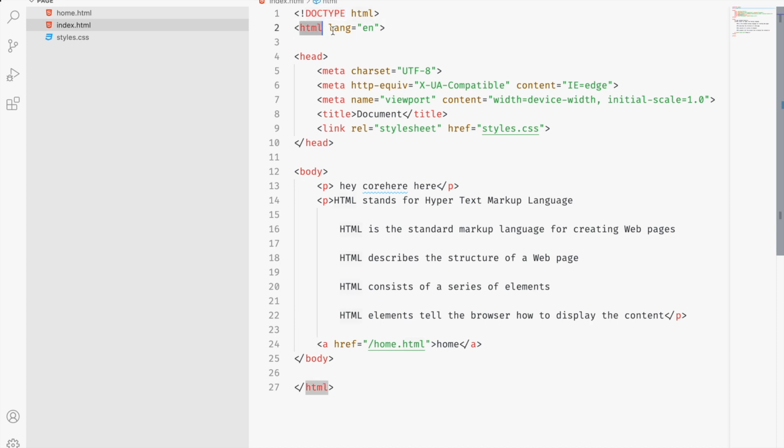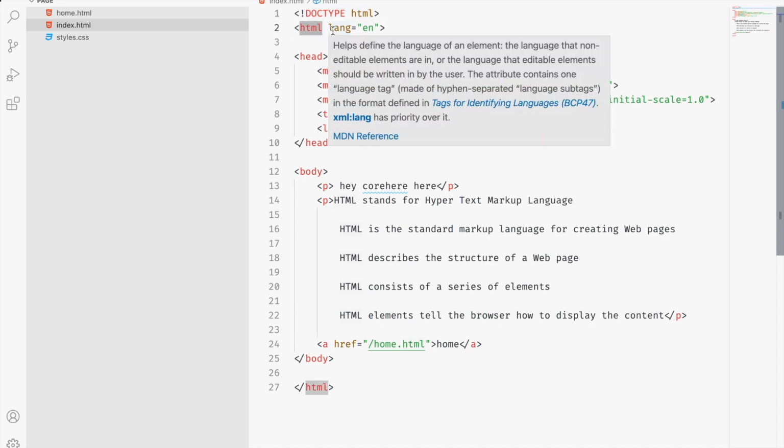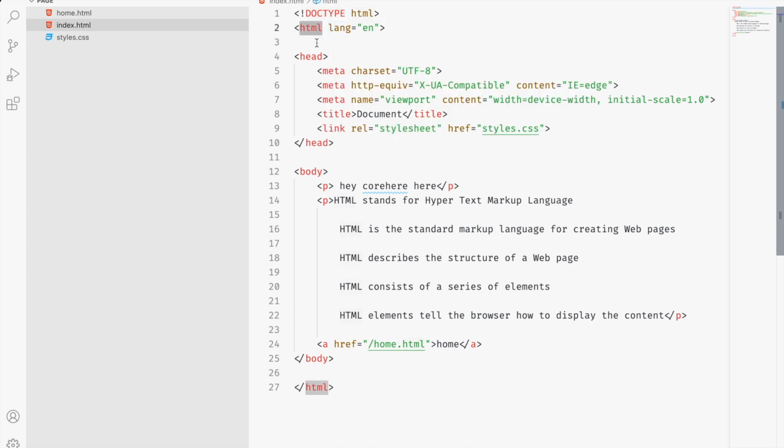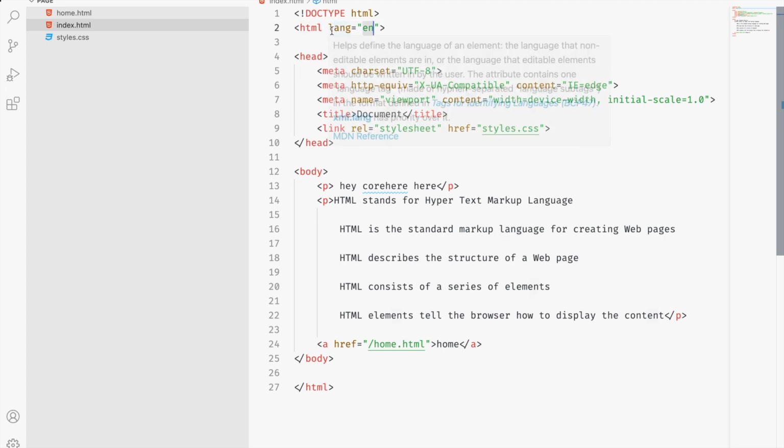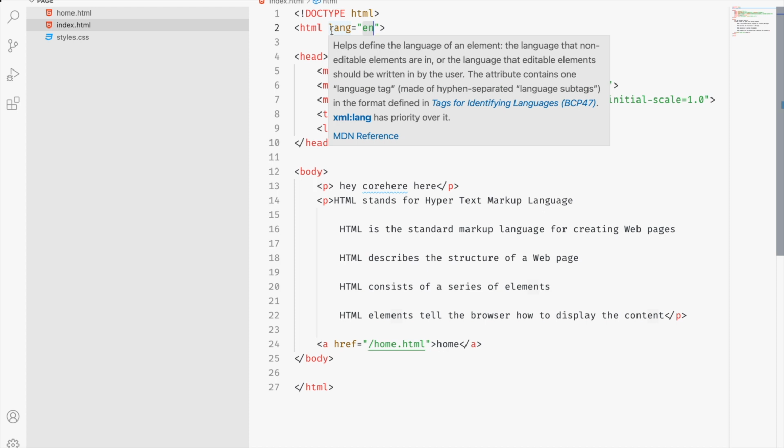Another one is html. This is the root element for the web page. You have to start the web page with the html tag. Here you can see lang en. Lang means language, which is usually not helpful for you. This is only for screen reader purposes. Screen reader means blind people cannot read the website, right?